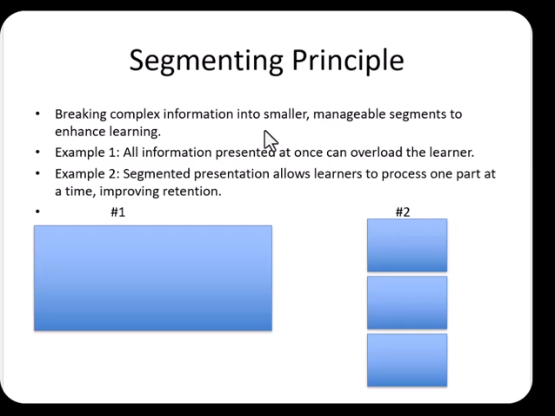So the first one is going to be example 1, which is here. Any information that you put into this, if you put it all together, can cause overload for the learner. So what you can do is take the information you have in this box, go to example 2, and break it down into 3 different parts. Each part will help the learner improve retention, so they can learn one process at a time and retain that information. So we are going to move on to the next one, which is going to be the